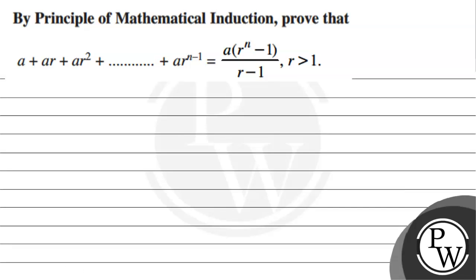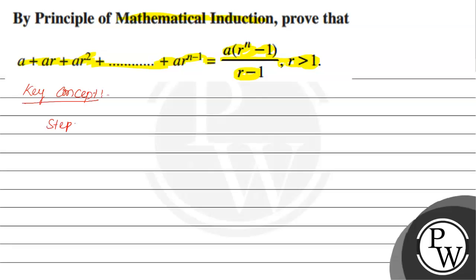The question says, by the principle of mathematical induction, prove that a plus ar square plus up to ar to the power n minus 1 will be equal to a multiplied with r to the power n minus 1 whole divided by r minus 1, where r is greater than or equal to 1. The key concept to solve this particular problem is: